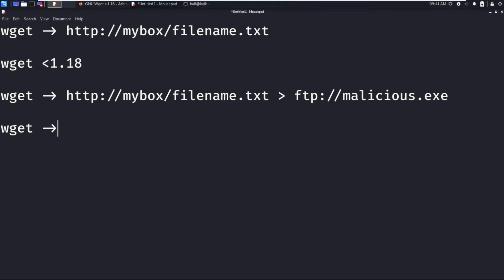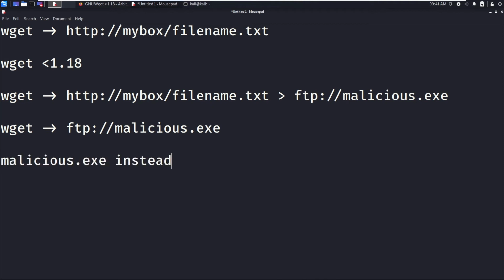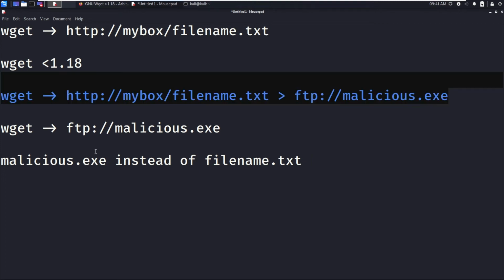So it will fetch this one, and in your local folder you will have malicious.exe instead of filename.txt. So you can see there is so much insecurity here.